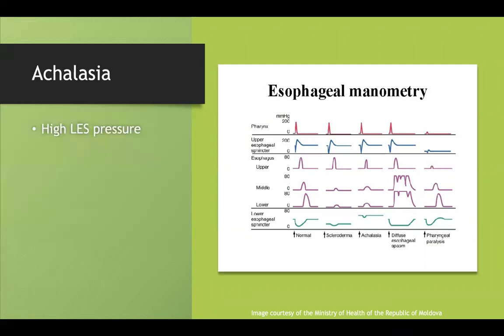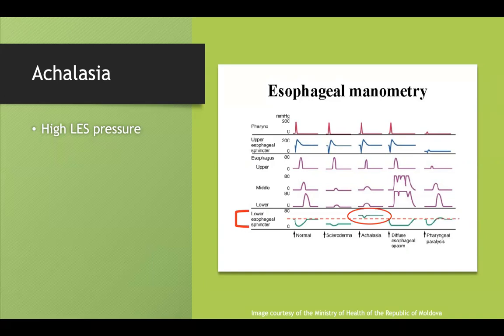So in achalasia, it's going to be typified by high lower esophageal sphincter pressure, and that makes sense. It can't relax because there's no myenteric plexus neurons anymore to help it relax. So if we look here, this is kind of talking about the LES tone. I drew in the dashed line, which is what would be considered a normal tone, and in achalasia, you can see